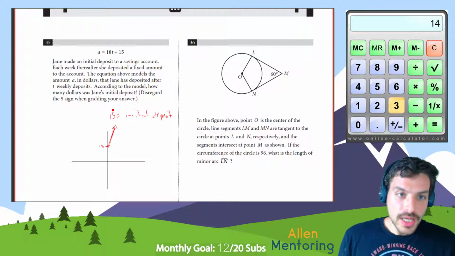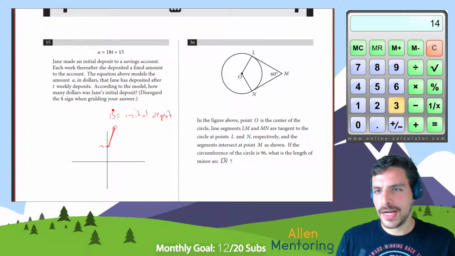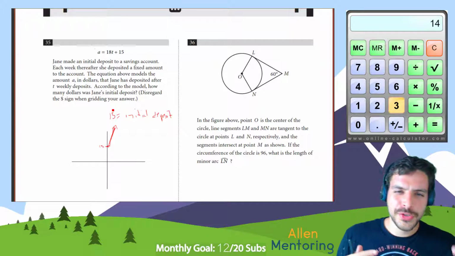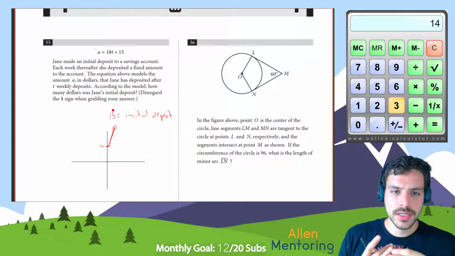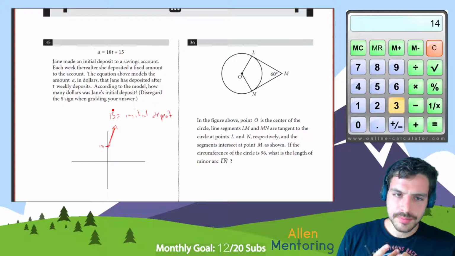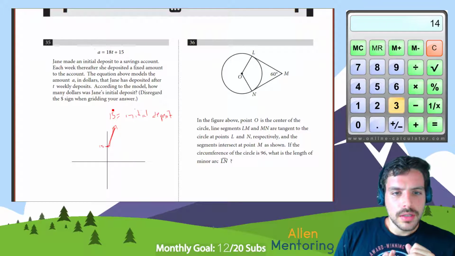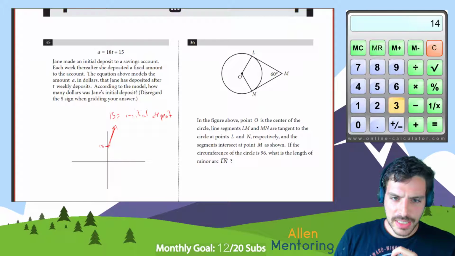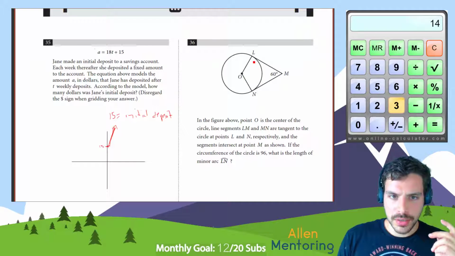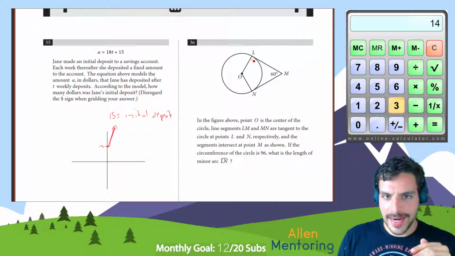All right, 36. I love actually these circle problems with minor major arcs because once you do a few of them and you understand the basic principles, they're really easy. So you should be happy when you see one of these problems on the SATs because they're pretty much easy points. So in the figure above, point O is the center of a circle. Line segments LM and MN are tangent to the circle at these points right here. Okay, so we know if they're tangent, they make a 90-degree angle